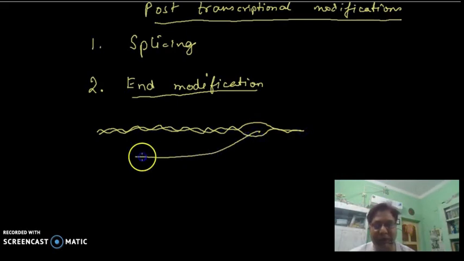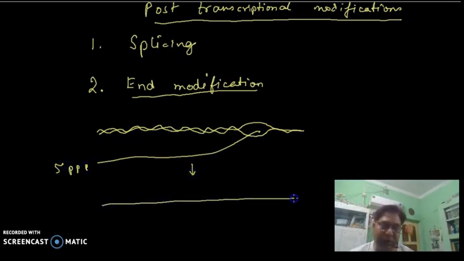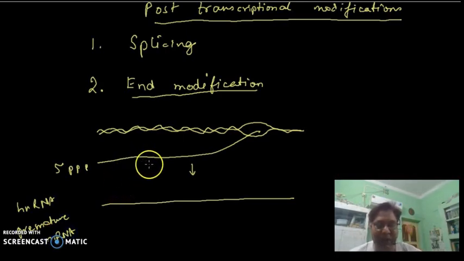It is released when the RNA is released from the DNA. It is a heterogeneous nuclear RNA, hnRNA you can call it, or you can also call it premature mRNA, or simply pre-mRNA. And this RNA, if this is DNA, of course, if this gene contains say 3 introns,